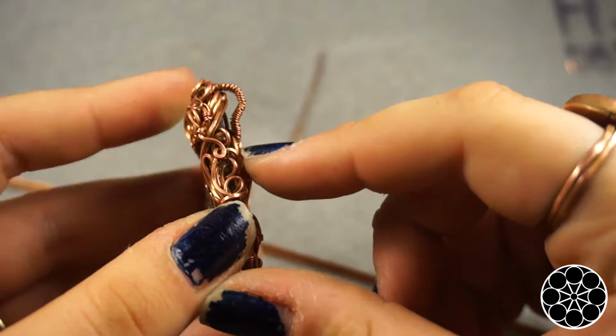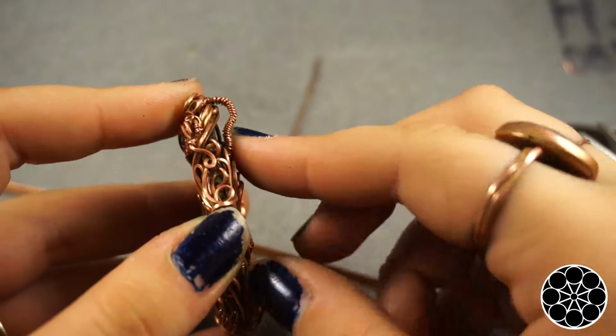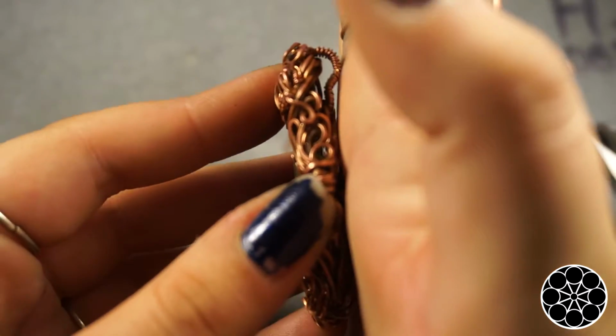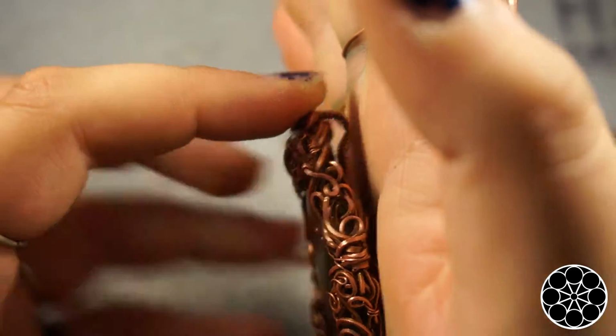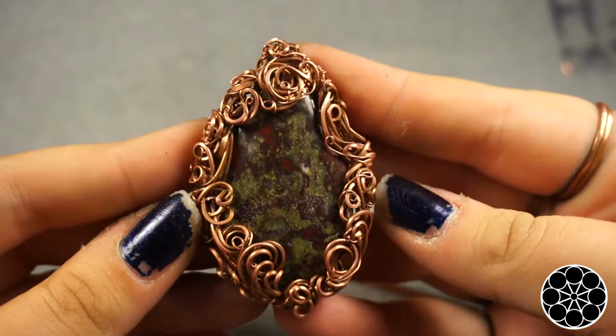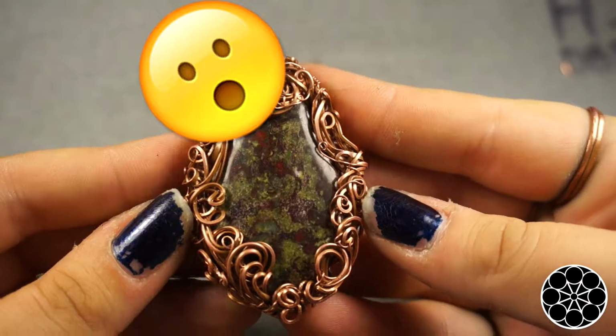I need to figure out that little kink there. I kind of want it to be there, but I'm not sure. I'm not sure whether to push it down or pull it out because I don't want the pendant to hang weird and be pushed forward a little bit. So we'll see. But now the question is, and I'm going to let you guys decide in the comments,